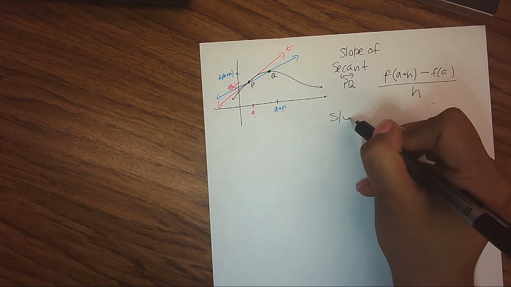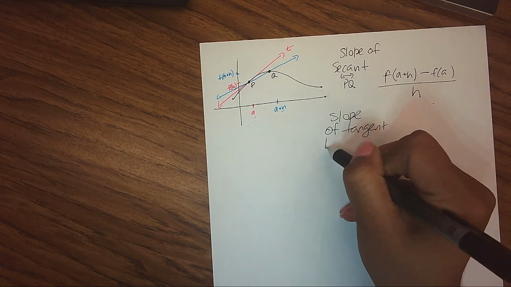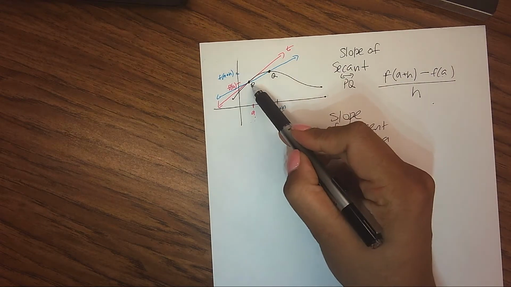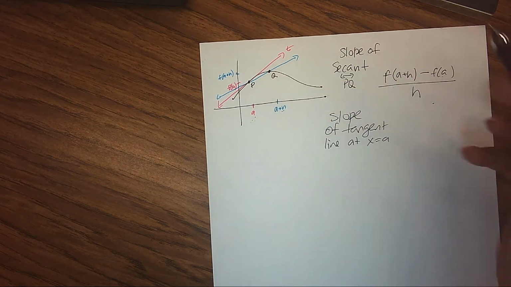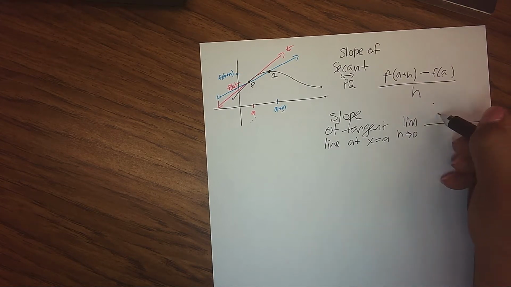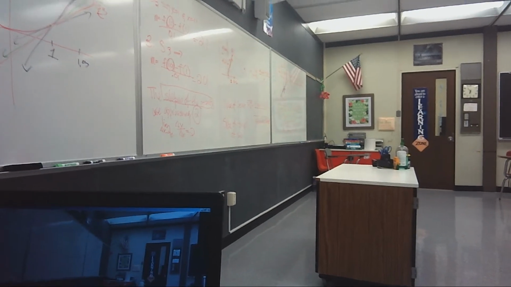So when I go write down the slope of the tangent line at x equals a, so at point P at x equals a, the slope of the tangent line involves you to evaluate this limit. And then the purpose of all that work in class, when we were finding all the slopes of those secants, the purpose